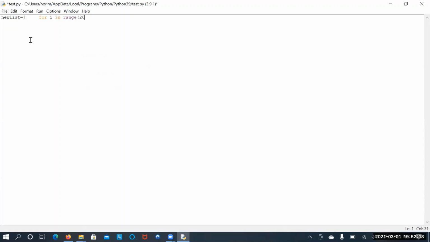For each value in range of 20, I can write some condition: if I is greater than 10.